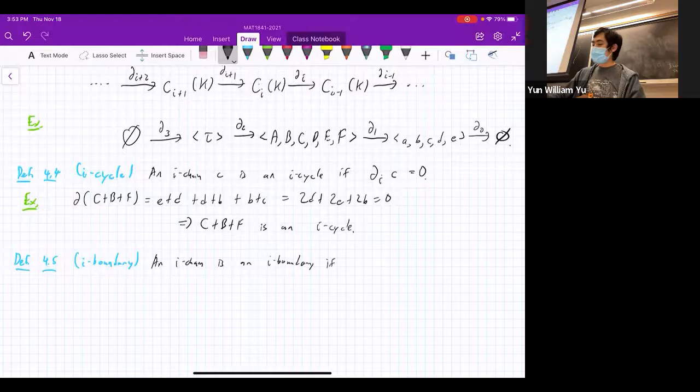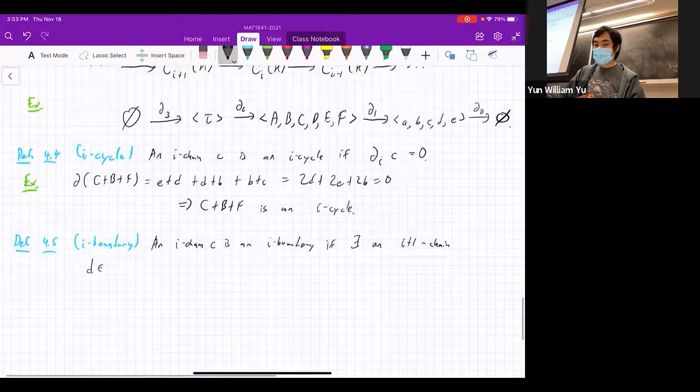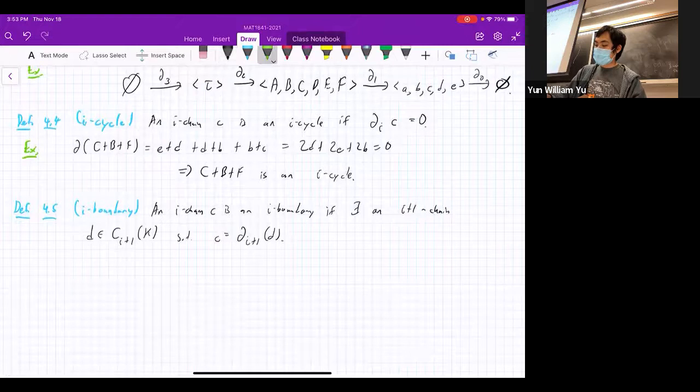It's an I boundary if there exists... let's give this a name. A boundary C, an I chain C, is an I boundary if there exists an I plus 1 chain D in C I plus 1 of K such that C is equal to the boundary of D. Okay, and so our example is just going to be that B plus C plus F is an I boundary because it's the boundary of